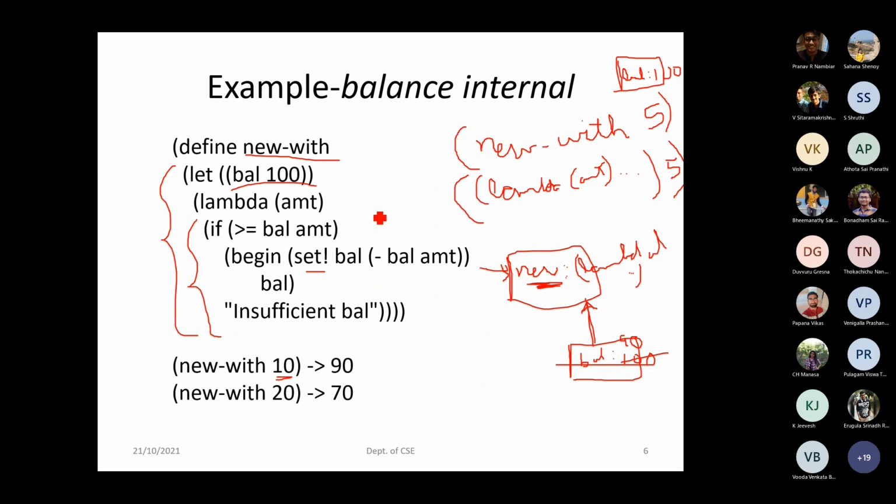Now how can I make it work? Our intention is that I have a bank where I will be having more users. If you define a procedure something like this, you have to define the same procedure for each user. You have to create it, which is not a feasible one. So how can we rethink about this? Based on each user, it has to have its own balance. It should take up based on that particular user. They have to decide how much should be the amount they have to withdraw. How can we define it?